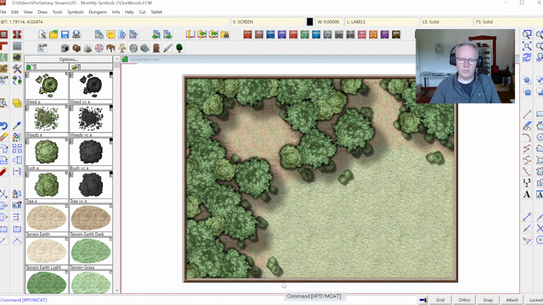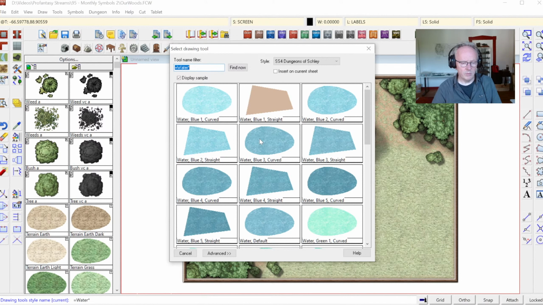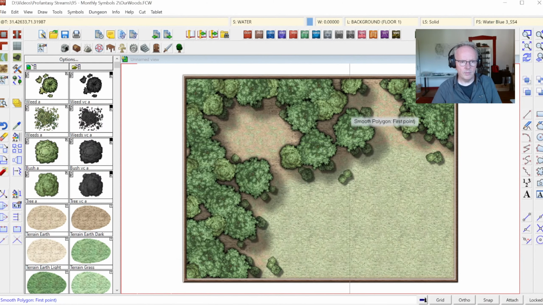Good. What I might perhaps also want to do is add a little stream. I didn't do that on the example map from the monthly symbols. So what I'm going to do is just right-click the water, and I'm going to grab the medium color blue, and then I'm going to put in a little stream here. I'm going to draw this in